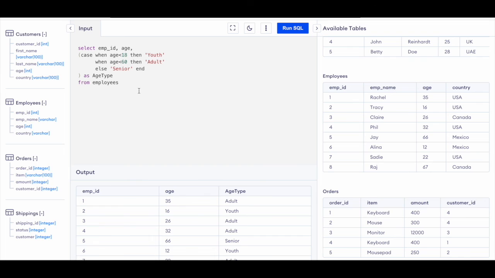Now, I want to group it by country. Like in each country, how many adults are there? In each country, how many youths are there? How many seniors are there in each country? Let's find that out. So I will also add country over here. And since we are grouping it, we do not need employee ID or age. So country, and then I will write group by